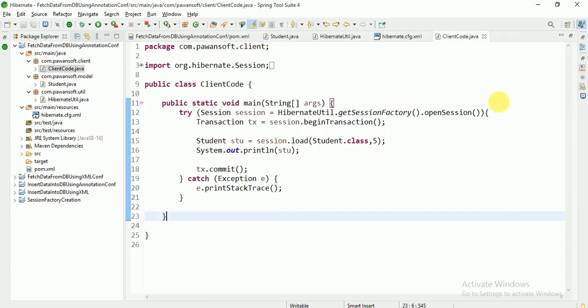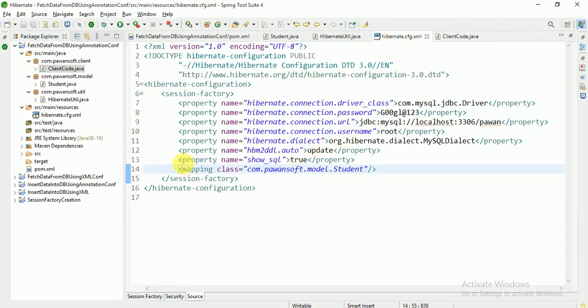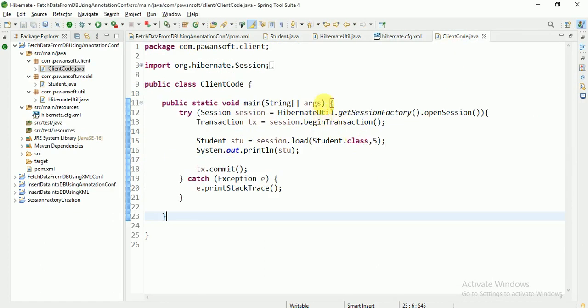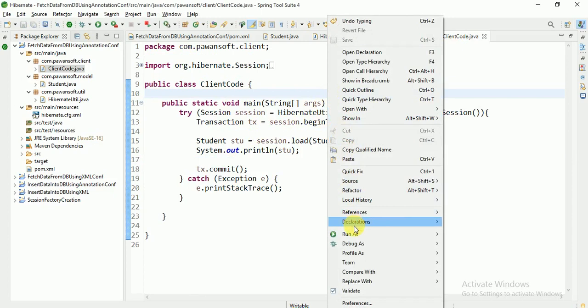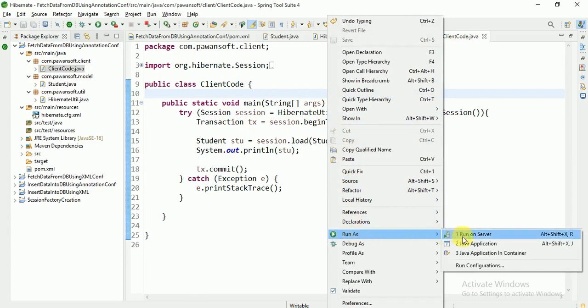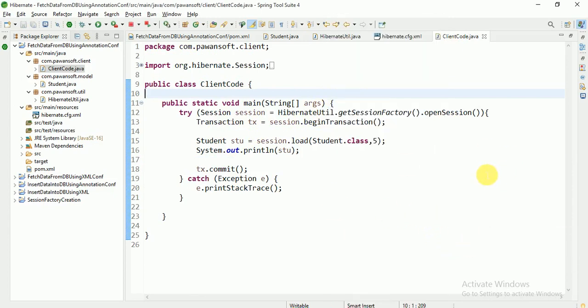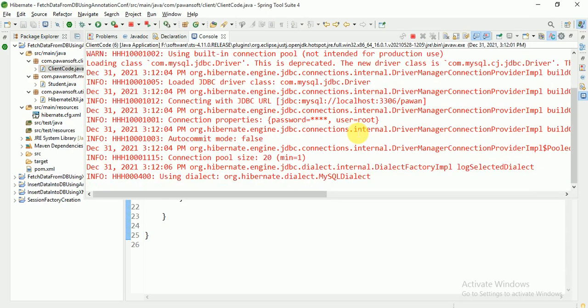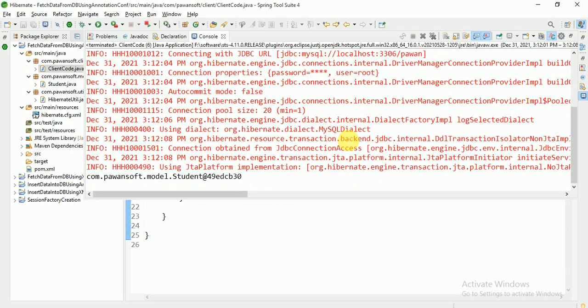If you comment this property, let's comment it and save it, and run again. This time you will not see any query. Let's run it. Right, it's only printing the student object, but not printing any query.